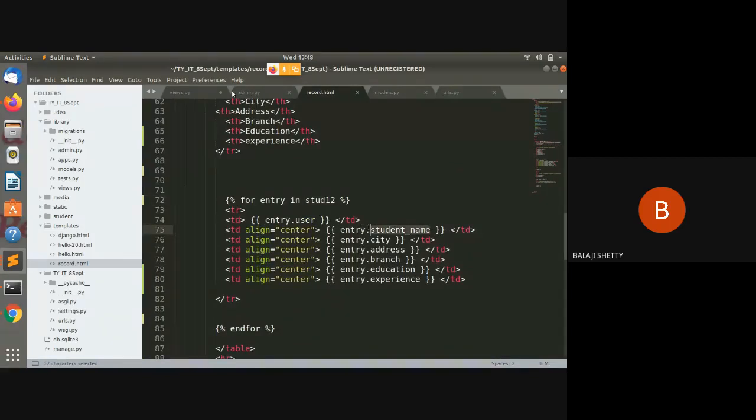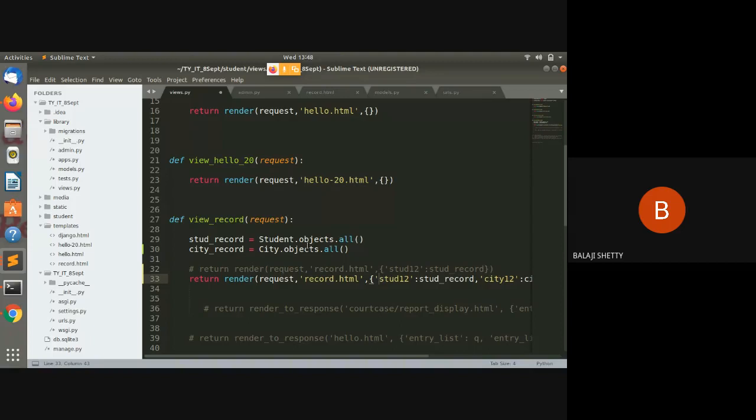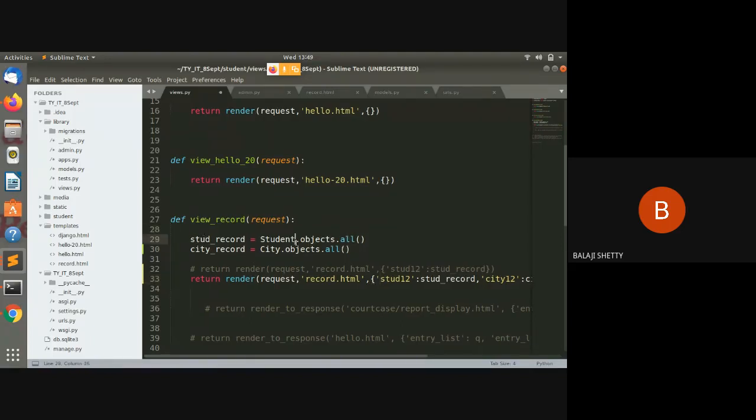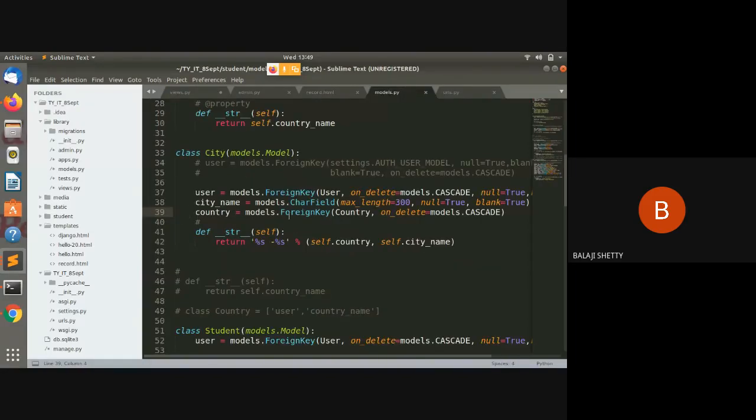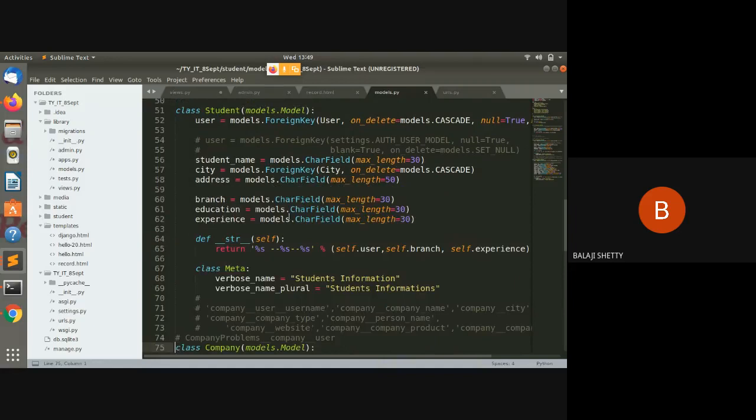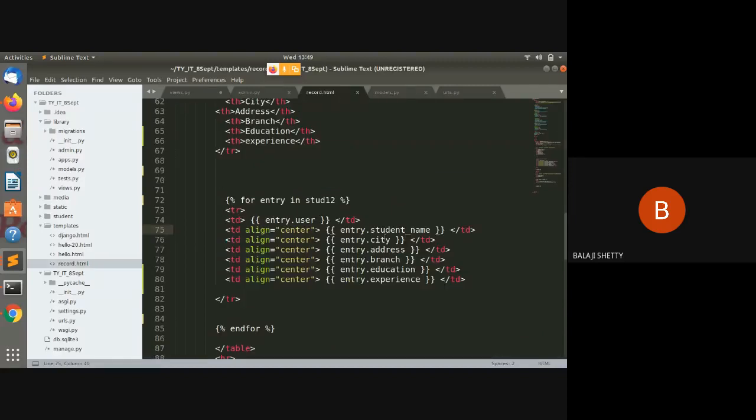As stud12 refers to the students model, I can access all the attributes of students: user, student name, city, address, branch, education, experience. That's why here I have written student name, city name, address, branch, education, experience.